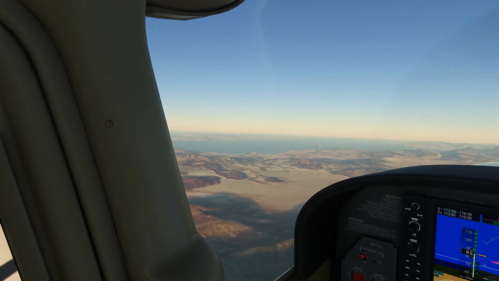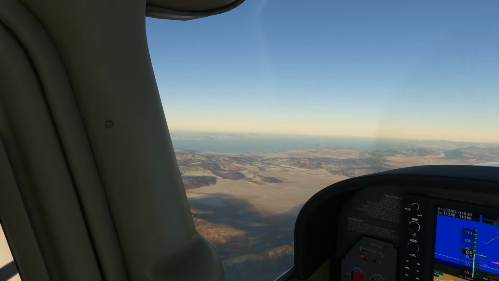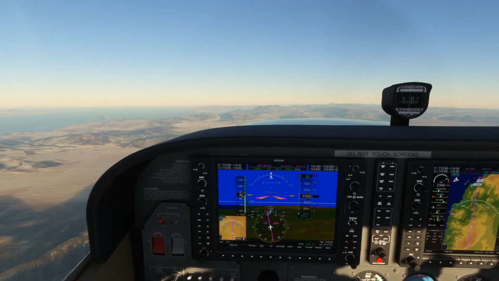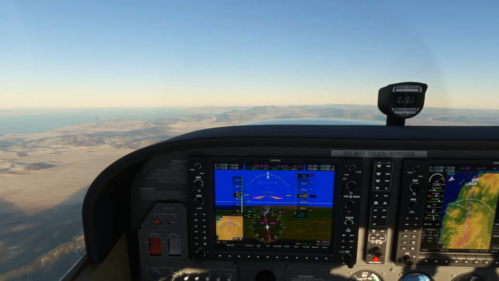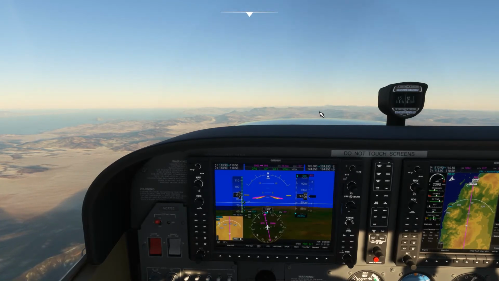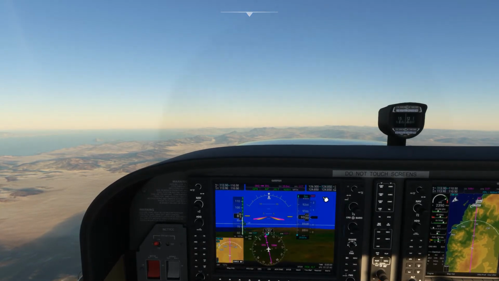Of course, our destination is Bahia de Los Angeles. Let's talk a little bit about our destination real quick. We do still have some mountains ahead, so we have to certainly be concerned about our altitude as we start descending.